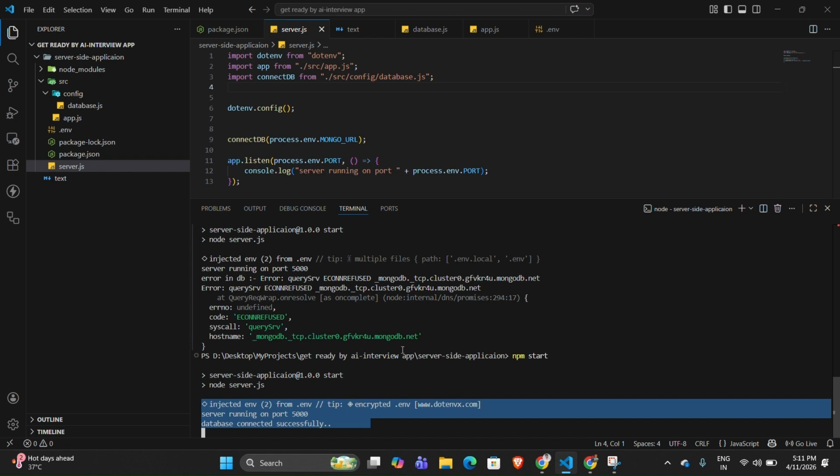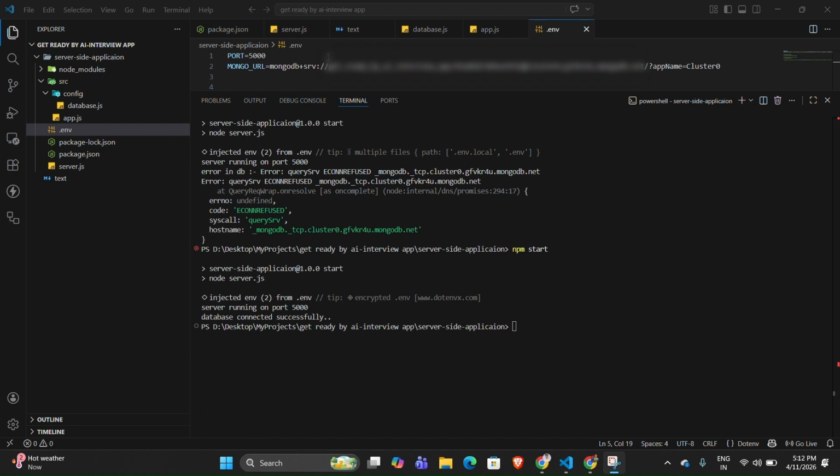For that solution, let me change my .env file MongoDB URL back again. Now we are running our project with the previous URL, which contains mongodb plus srv. So let me do that first. You will see I changed this MongoDB URL back to the previous URL just by pressing Control Z. That's the mongodb plus srv.